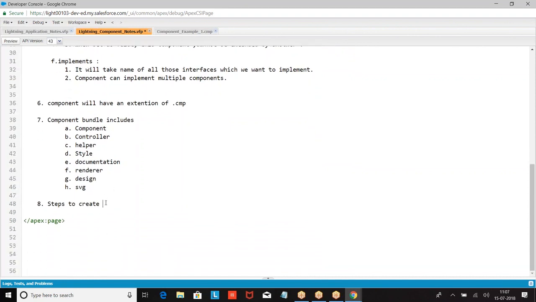Steps to create a Lightning component. What are the steps we had?